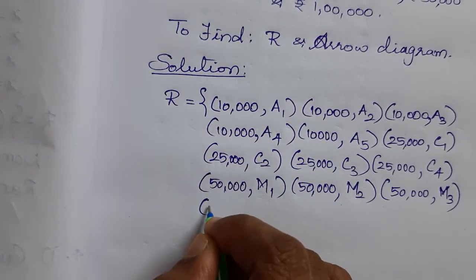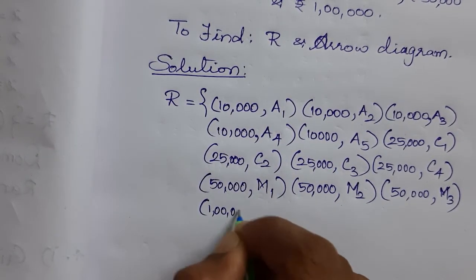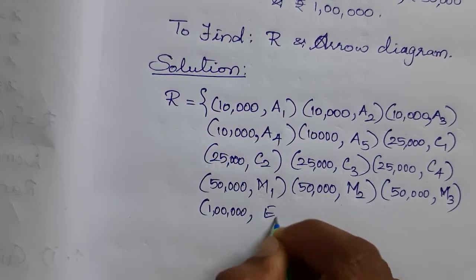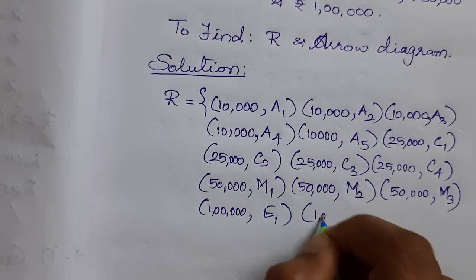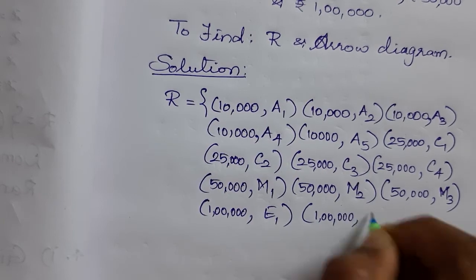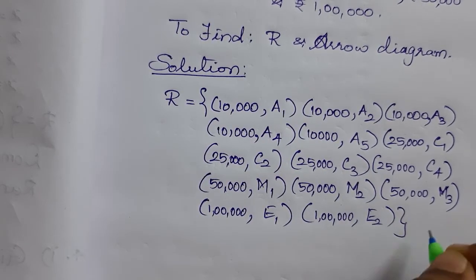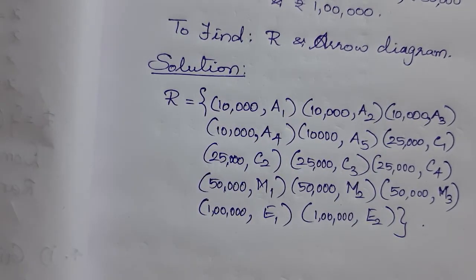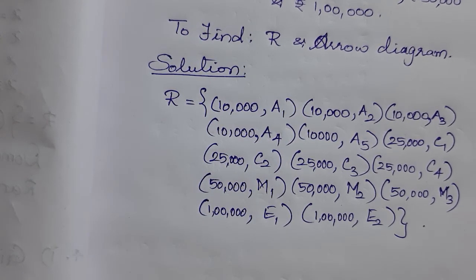Where the salary is 1 lakh. So 1 lakh, E1 and 1 lakh, E2. So we have written the relation between X is related to Y, where X is the salary and Y